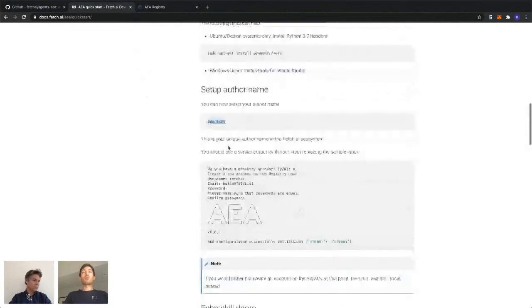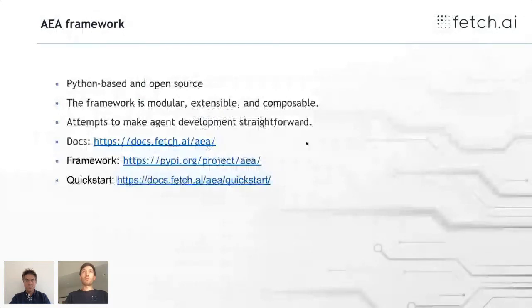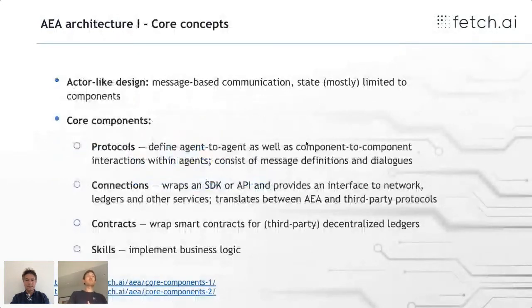Okay, so one thing before I continue here in this guide is I would like to talk a bit more about some high-level concepts. As I was saying, this is very componentized. But one of the core reasons why the framework is composable is that all the components mostly interact via messages. So there's very little state which is shared between those components, and all the interaction between them happens via messages, which means that in effect we have a sort of actor-like framework design.